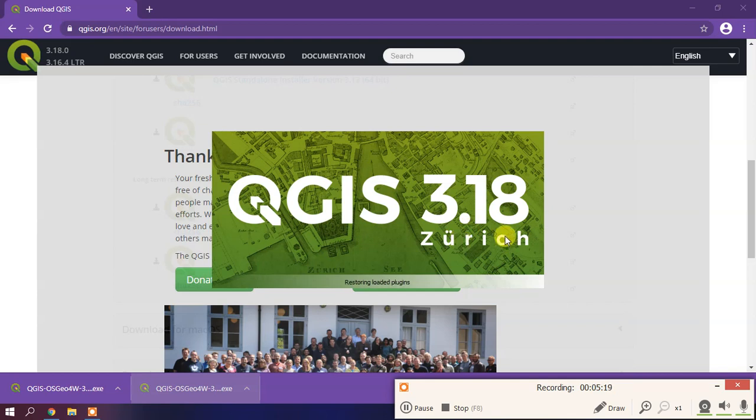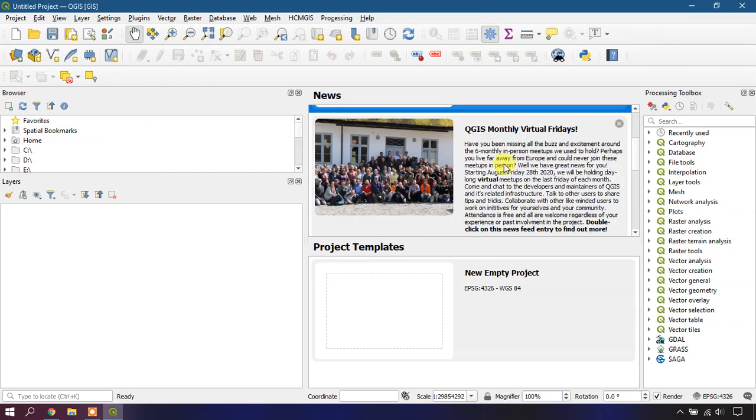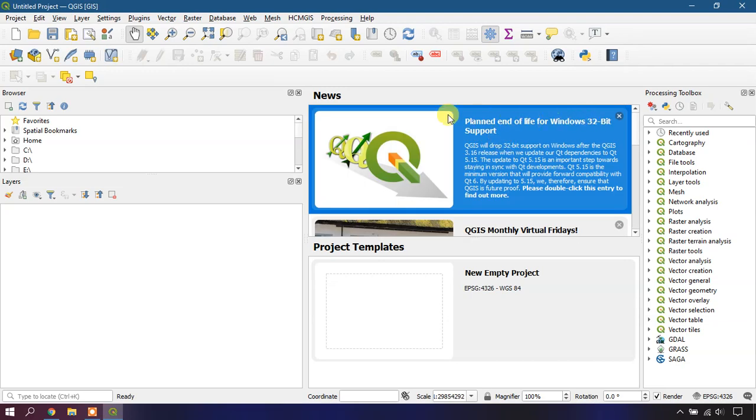It took me around 6 to 7 minutes to install this version of QGIS. It has been successfully installed, and these are some news messages from QGIS. I'm just closing it.